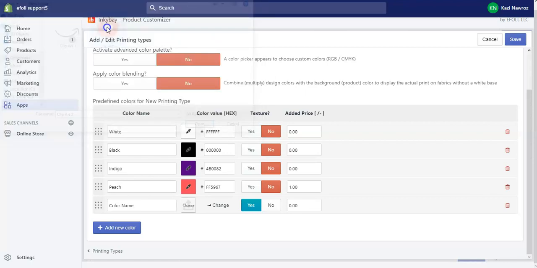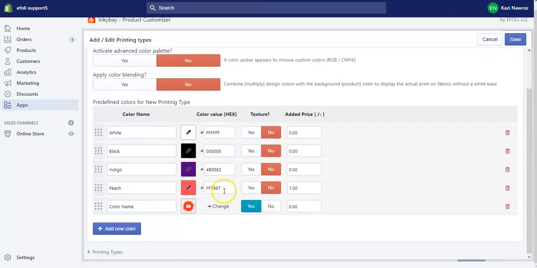Suppose this is a sample texture; if you add it here, this texture will be added to your printing type. And if you want, you can also charge extra for your texture. So you can add both textures and colors to your printing type.